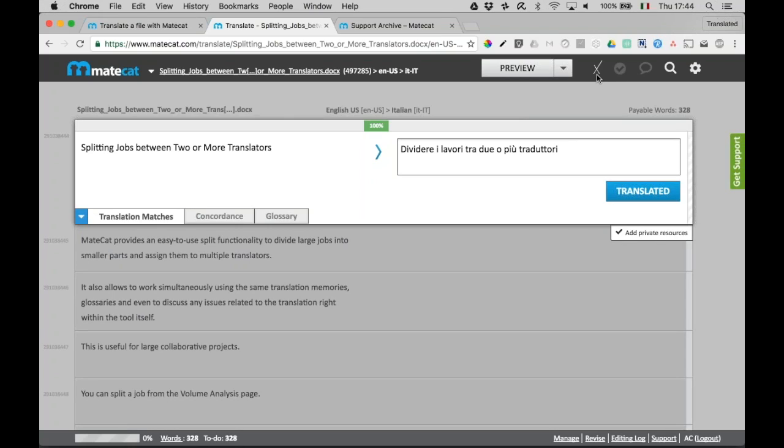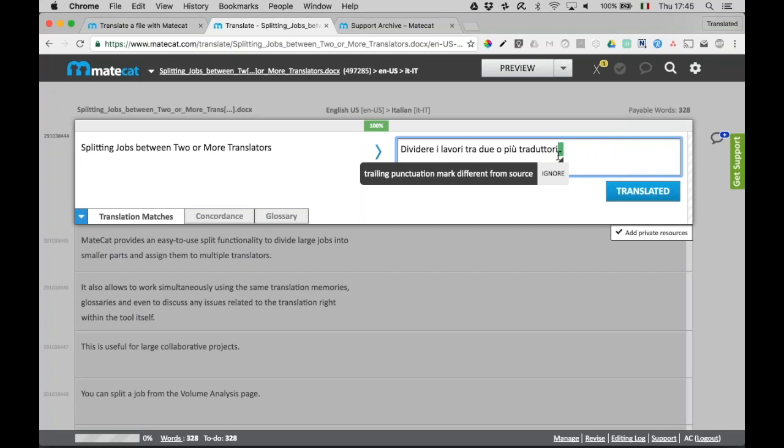The other one, and it's this X icon, is provided by Lexica. It's one of our partners, a startup that's building a very nice system to do QA. And I guess you've all seen that when you add something in MateCat that doesn't match what's in the source, for instance, here I added a punctuation mark, and Lexica comes up and tells you, hey, there's an error there, or a potential error. Anyway, it warns you about the problem.